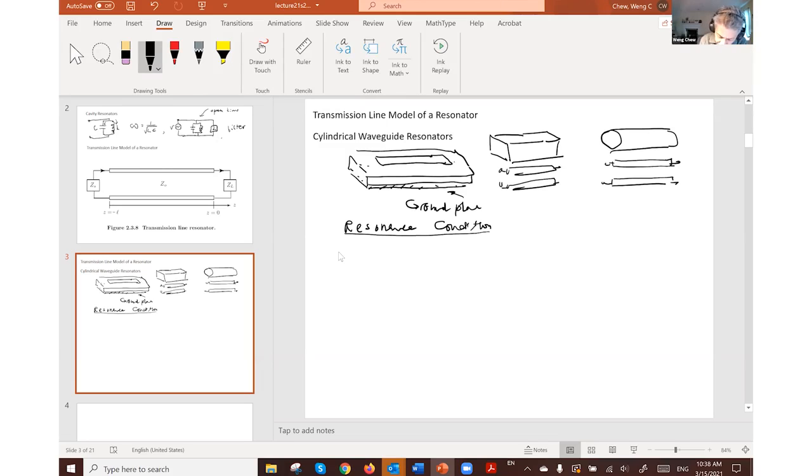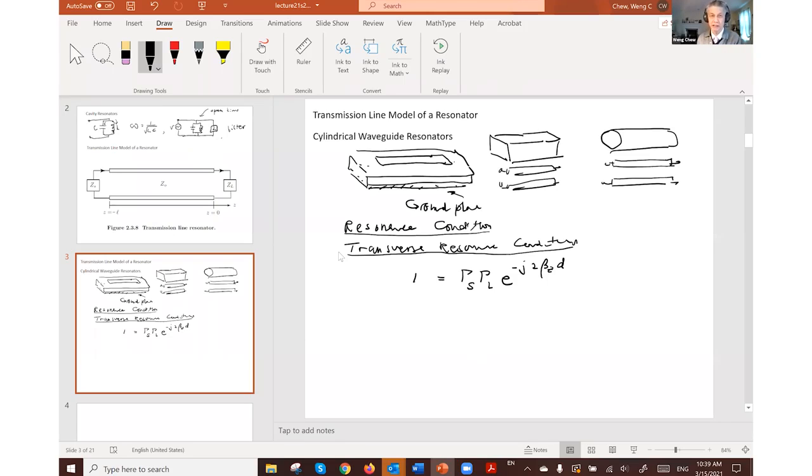And we can easily use the transverse resonance condition to derive the resonance condition, very much like we use that to derive the waveguide condition. We said that a solution may exist in this transmission line if after the wave has bounced back and forth from the two ends, and then after it has traversed the length of the transmission line with this phase factor. Okay, so this transverse resonance condition is very much like what you have learned before,